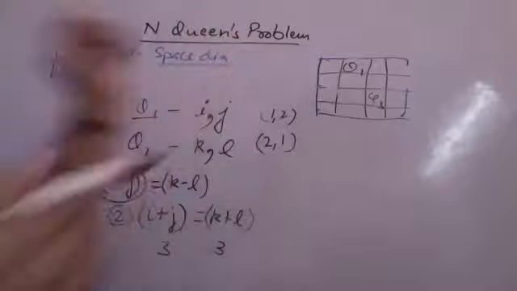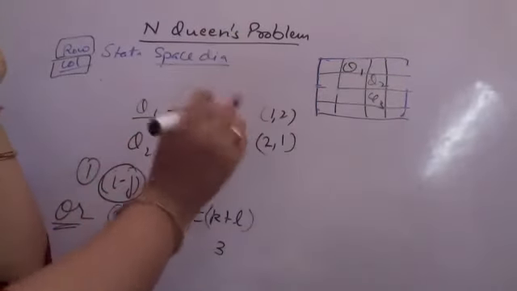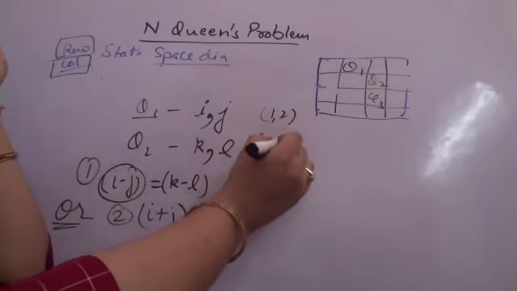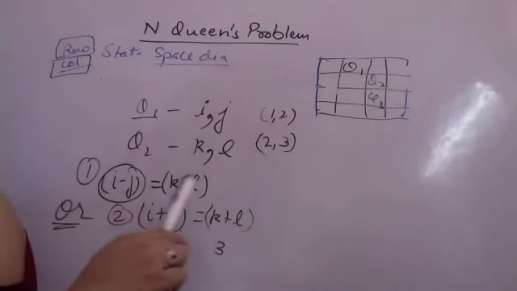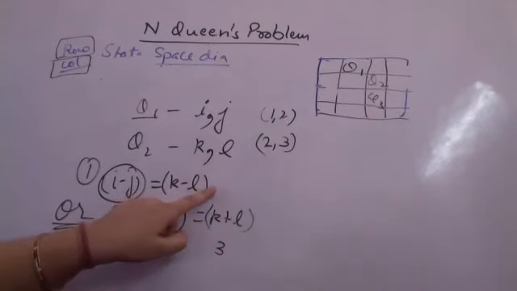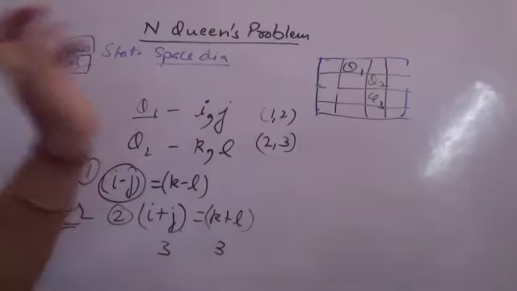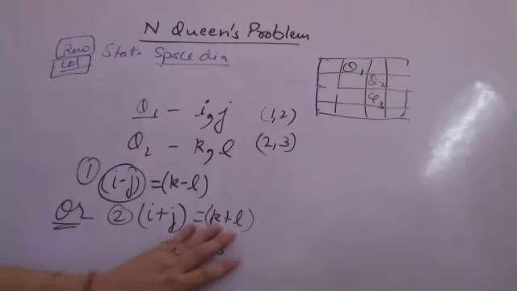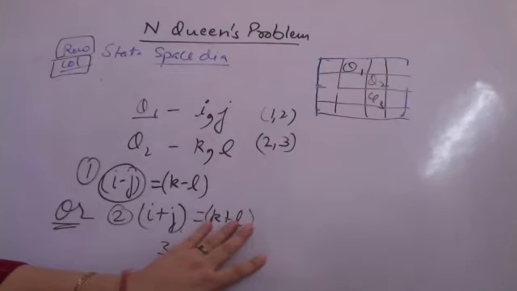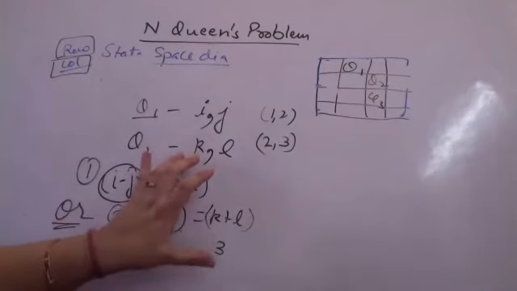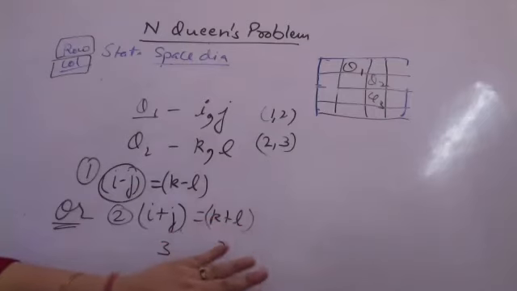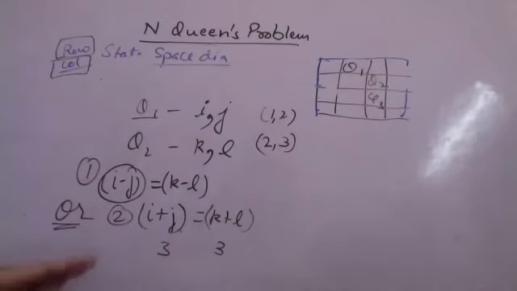If Q2 is here, that means it is row 2, column 3. In that case, 1 minus 2 and 2 minus 3 will be the same. The first condition will hold true. Again, they are on the same diagonal. This will hold true for the n queens problem also. However big you make the size of the chessboard, this will hold true. If I plus J is equal to K plus L or I minus J is equal to K minus L, this is the condition for checking whether or not the queens are lying on the same diagonal. This is one diagonal, this is the second diagonal. That is the only difference.